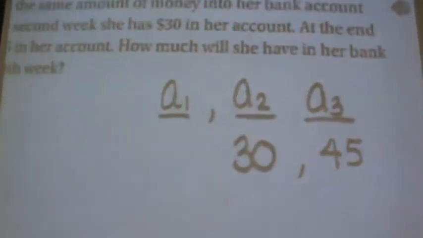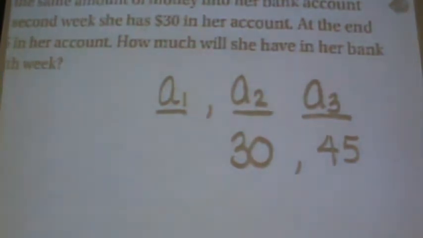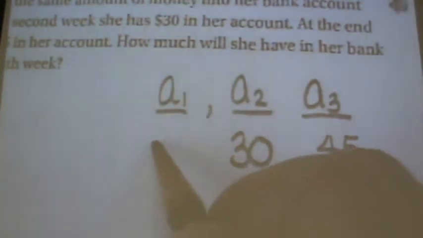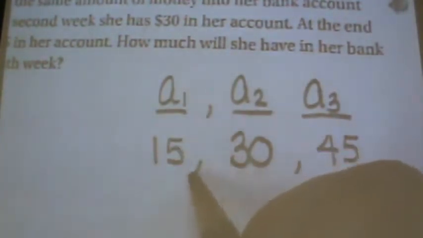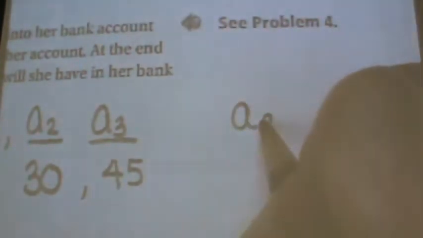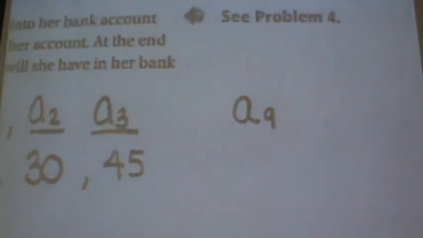What is she doing? Add 15. She's adding $15 every week. So what did she have at the end of week 1? 15. We want to know how much will she have in her bank account at the end of the 9th week. So what are you going to do? You could keep adding 15, that's not too far away, but I would probably just jump